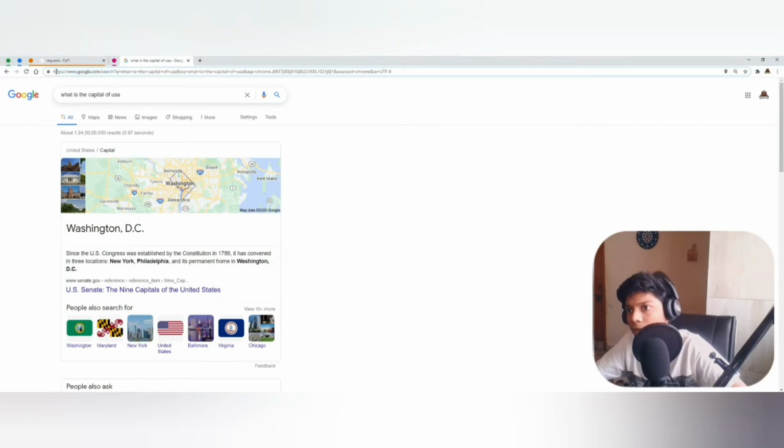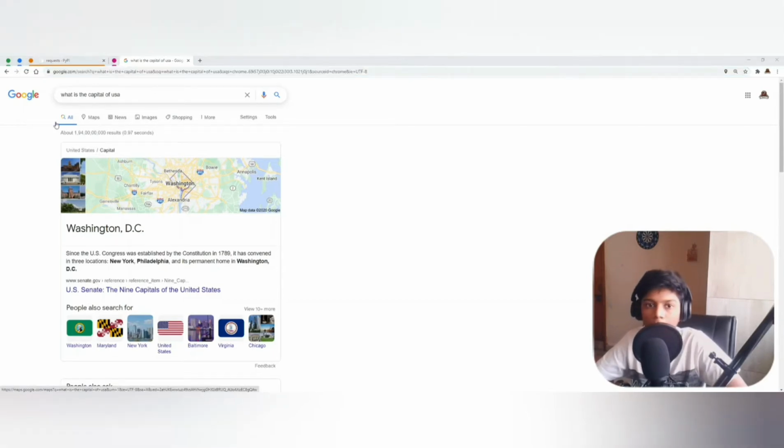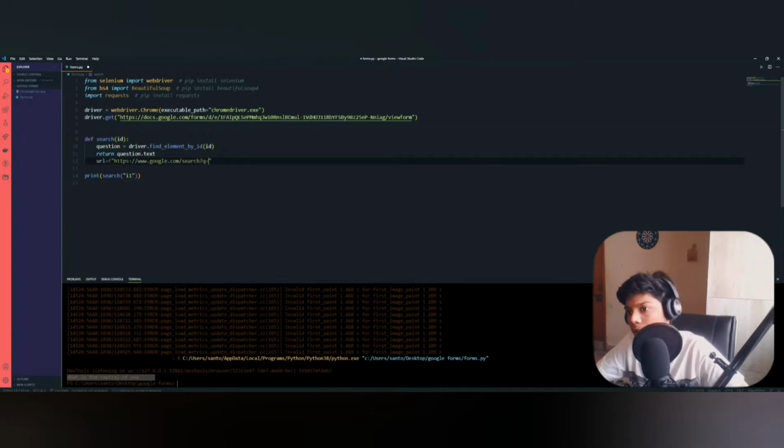Here you will need to copy this part and then paste it in our code. From here, let's make a variable for this called question text.